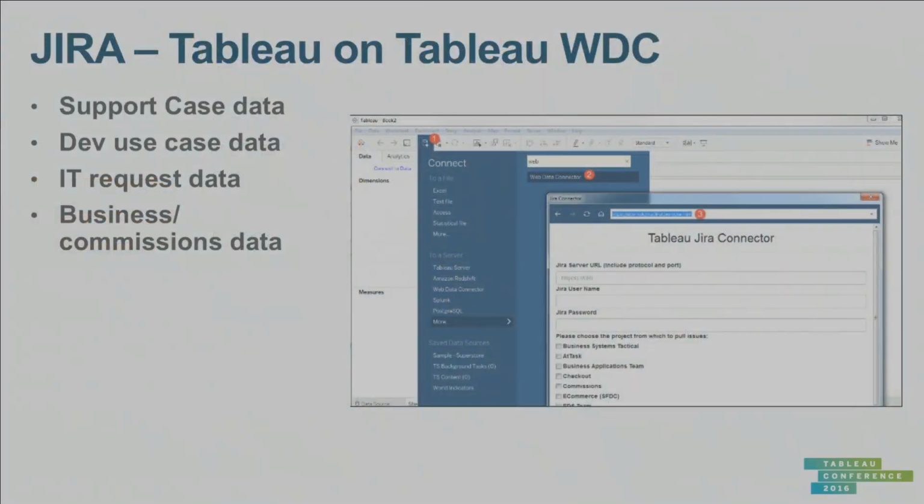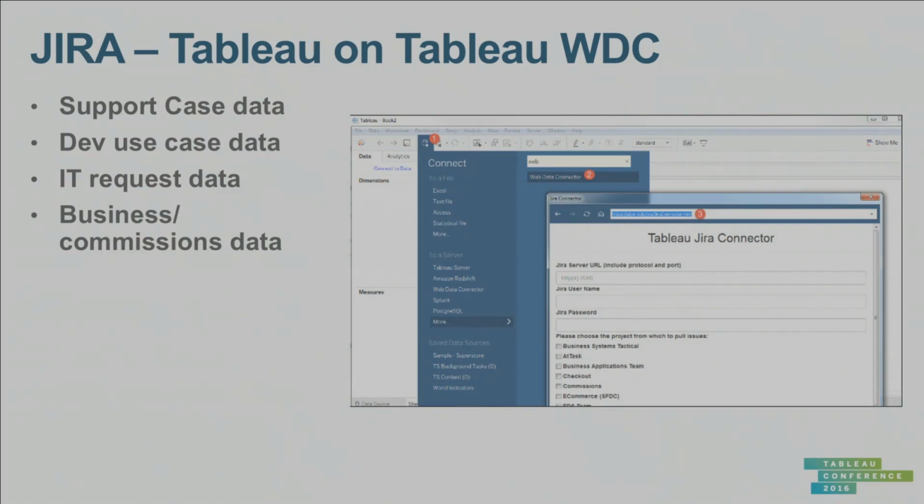But what about Tableau, right? Web Data Connector is a Tableau thing, right? Has anyone seen the Tableau on Tableau presentation? It's pretty awesome. Tableau uses Tableau for everything we do. I manage a team of pre-sales engineers for Tableau. I look at Tableau dashboards every day. It helps me understand what they're working on, where their challenges are.